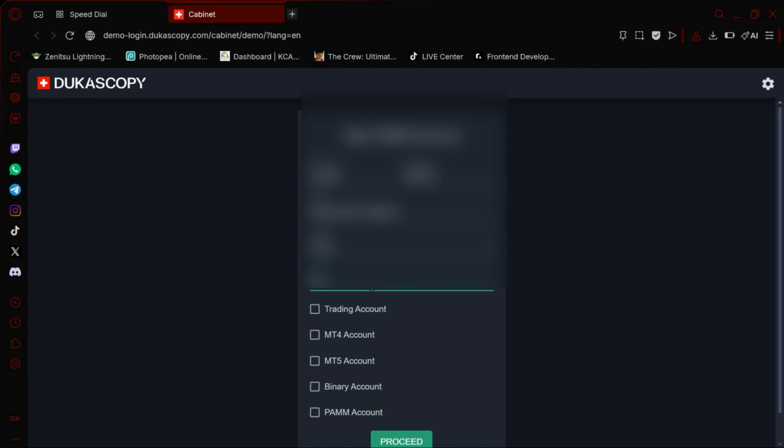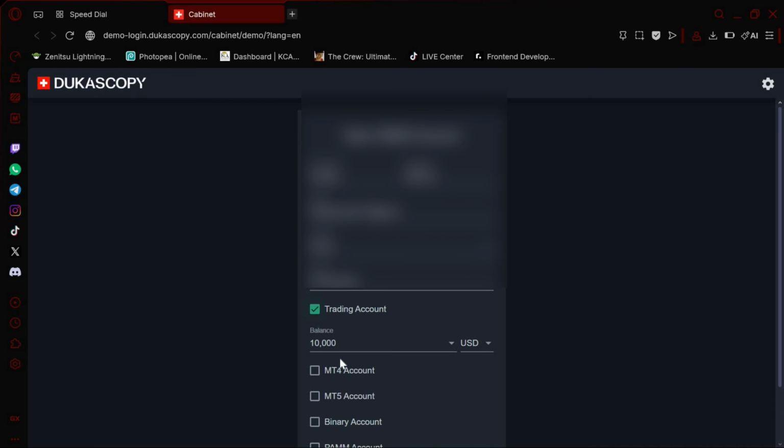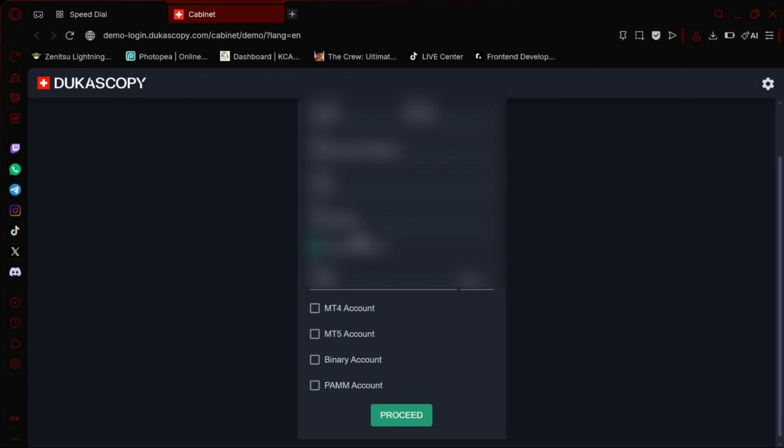The phone number is not that important because it's not going to be used anywhere. Now in these checkboxes down here, you're going to choose which account you want. You can use the trading account, the MT5 account, the MT4, the binary, the PAM. I don't know about the PAM. For us, we're going to choose the trading account because this is the specific one which is going to be used